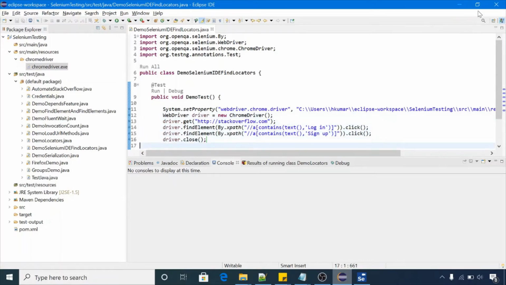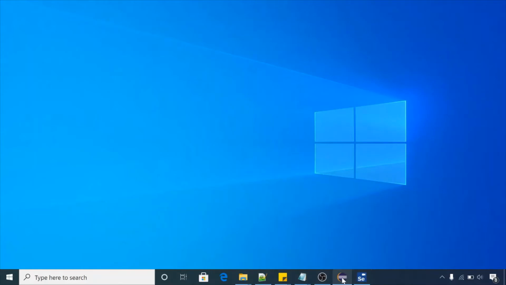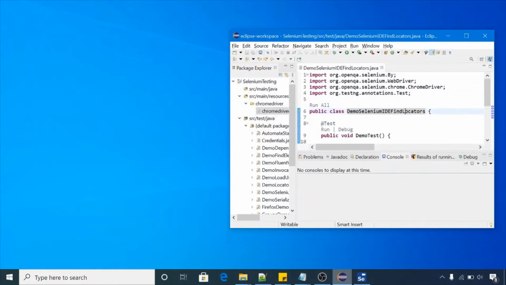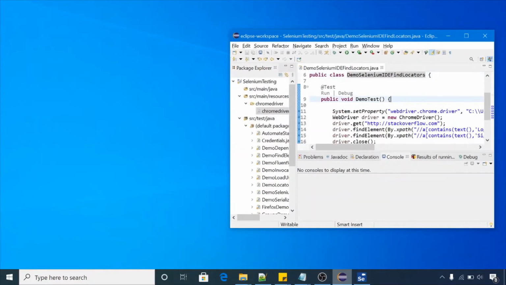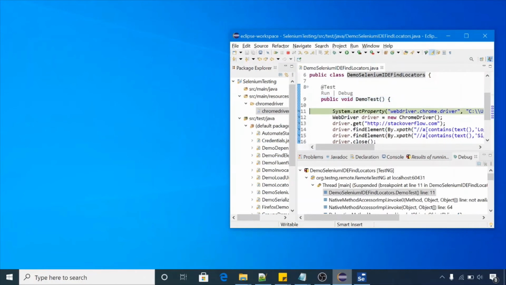Okay, let's debug this scenario, and let me close the Selenium IDE. Okay, so let's start the script execution. I will press F11. So F6.